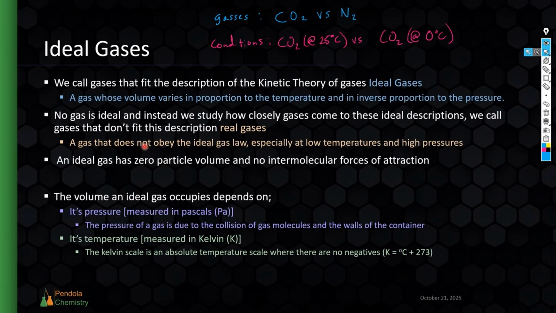So, if we start thinking about units and measurements we can make with these gases, the volume of an ideal gas, which we'll be measuring in cubic decimeters like always, can be related to two other properties. The first is its pressure. We measure pressure in pascals, and pressure of a gas or any gas is due to the collision of gas molecules on the walls of the container. So what we call pressure is a measurement of